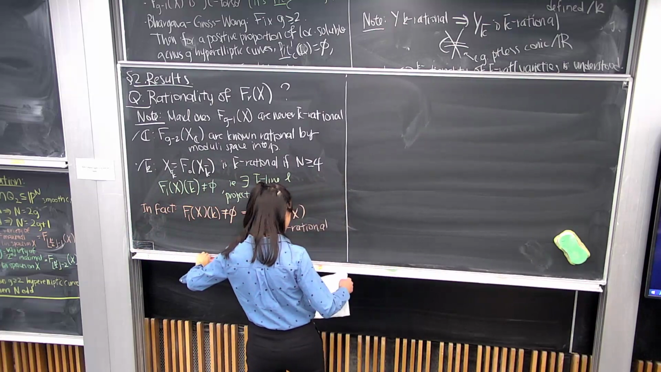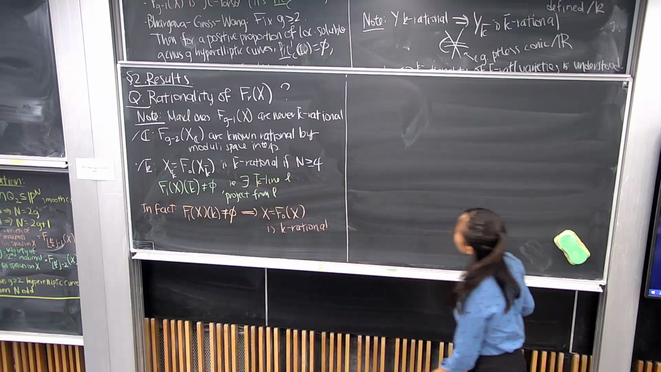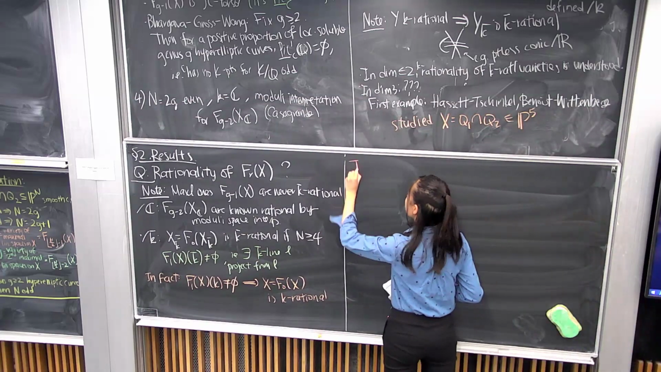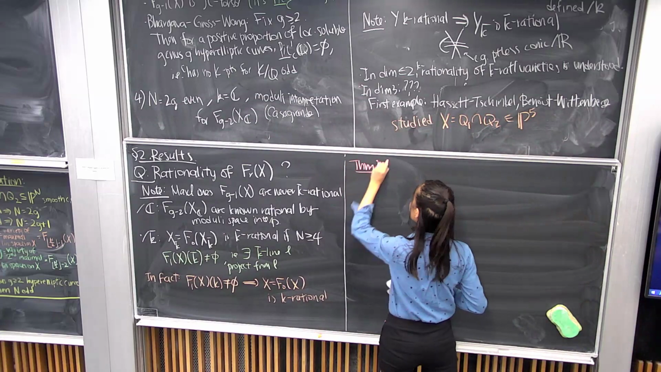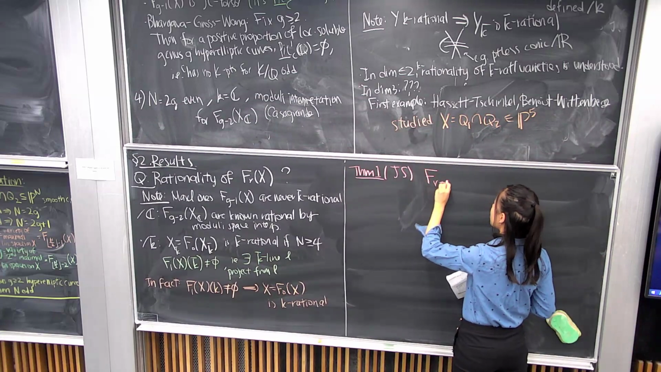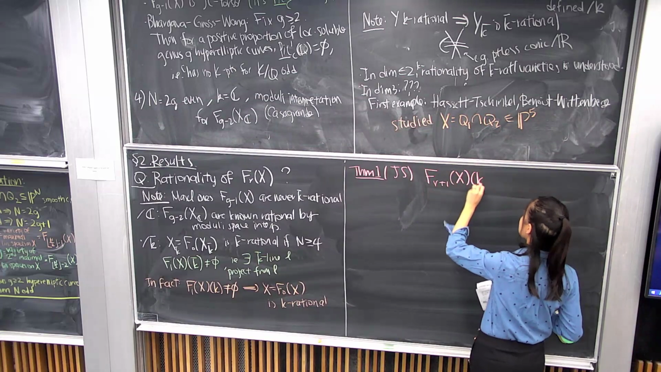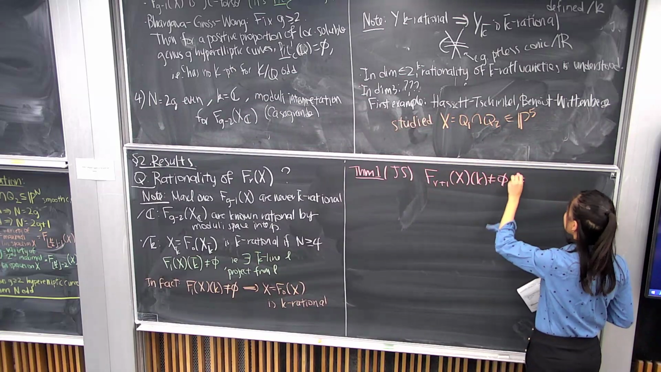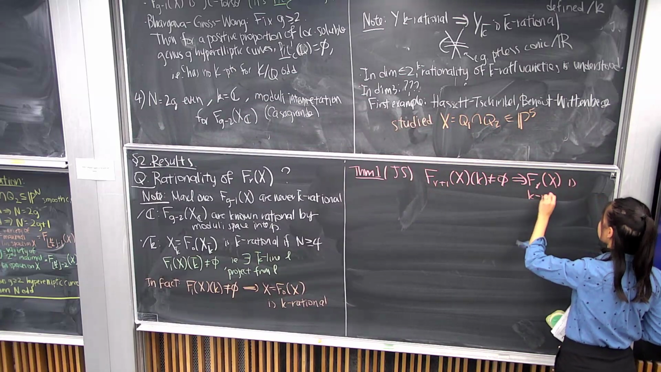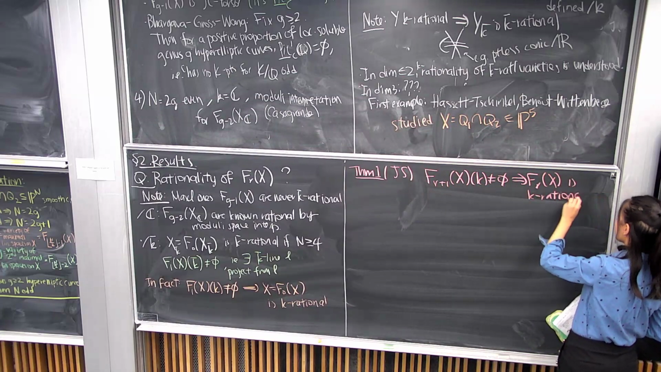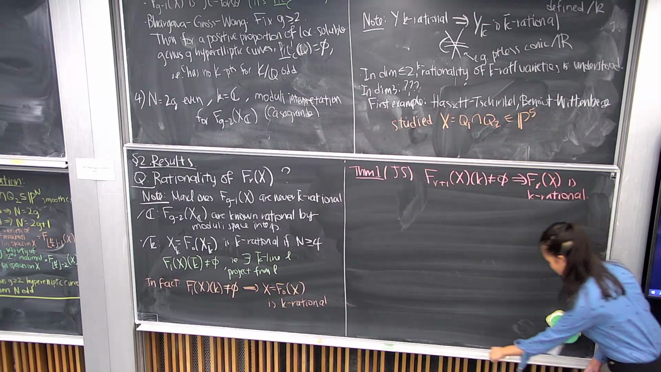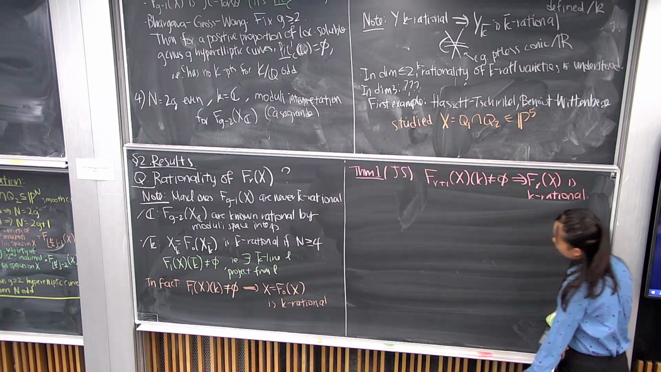So the first result I want to state is that, with Fumiyaki, we generalize this to arbitrary R. The first result we prove is that if F_{r+1} of X has a K point, then this variety F_r of X is K rational. And so, away from the previously mentioned cases, this